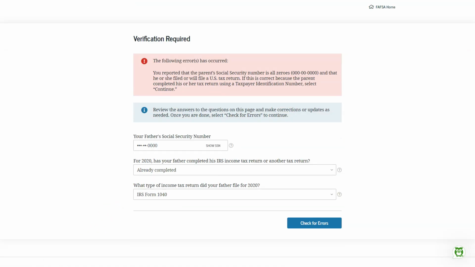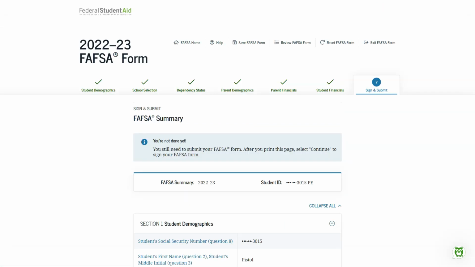Now, if you had any errors in your FAFSA application, it will bring you to this page that says verification required, and it'll describe what the following errors were. So you go ahead and select check for errors, and you could go back and correct any errors that may have happened in your application. You could correct those errors on that page, and then clicking check for errors will take you to the FAFSA